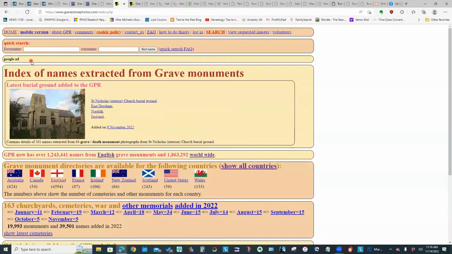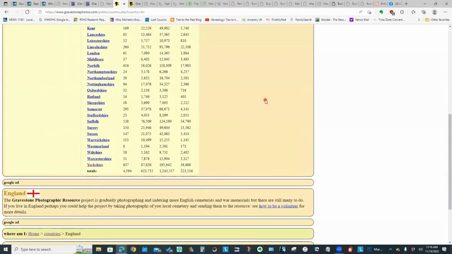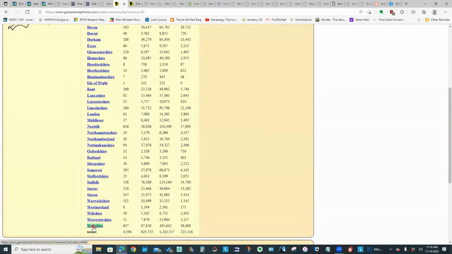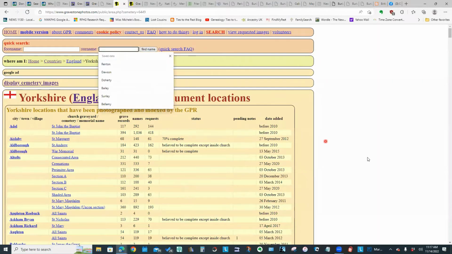So I'm going to go back to the home menu. I'm going to say, let's limit it to England. And I'm going to search in Yorkshire. And I'm going to look for Rentons.